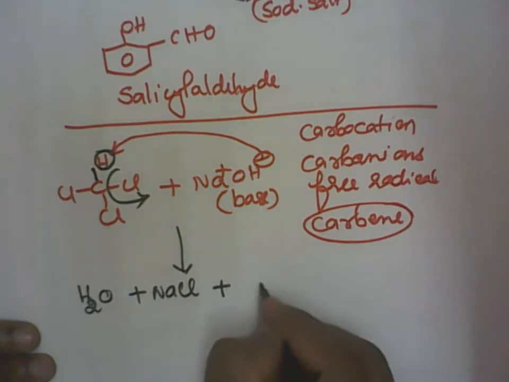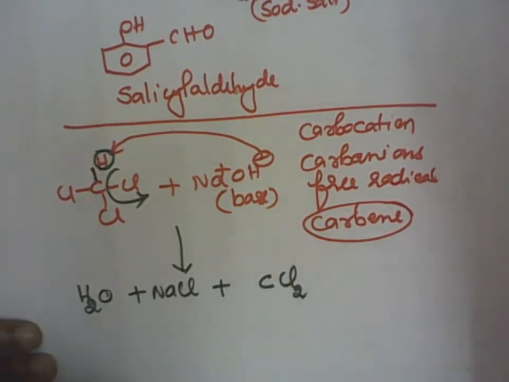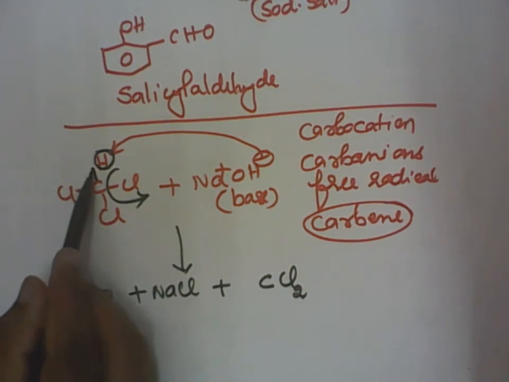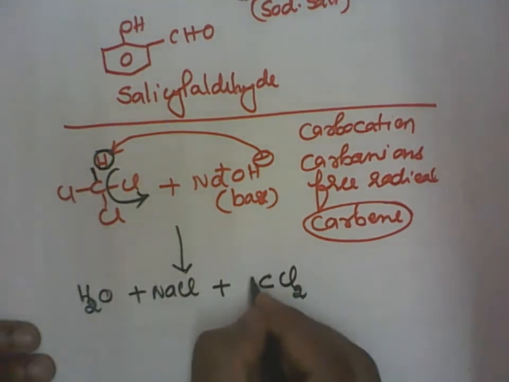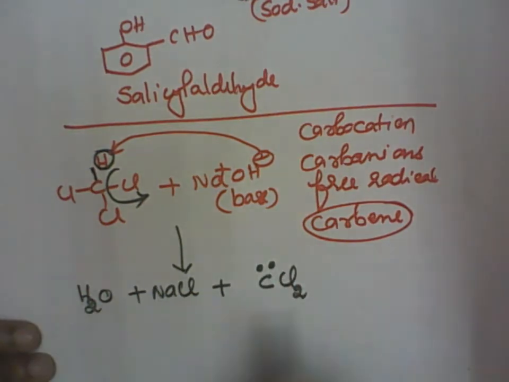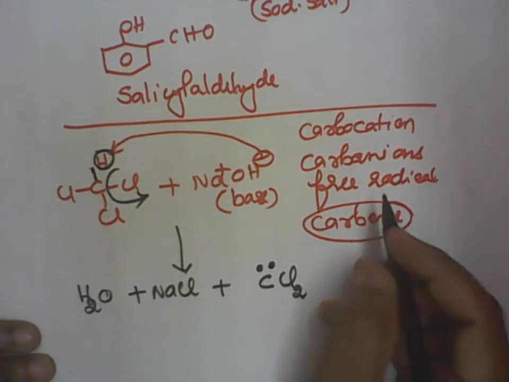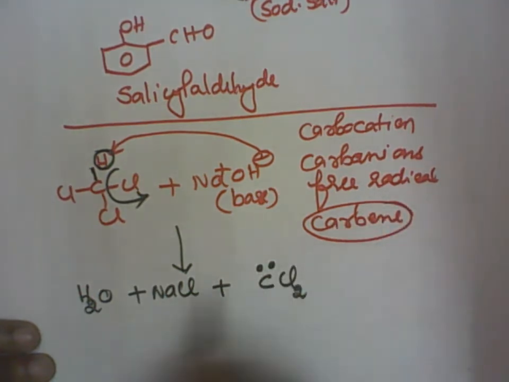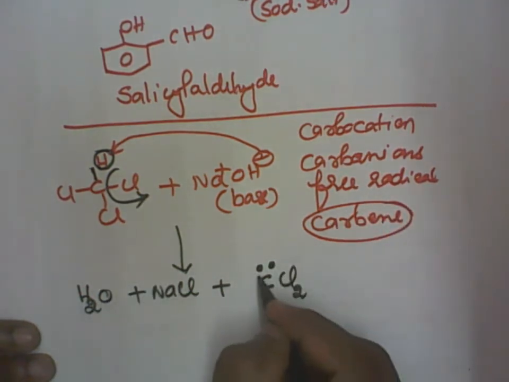And what is remaining? CCl2 is remaining. Now, there is one bond here. This bond has how many electrons? So 2 electrons. We'll be writing like free radicals, writing 2 dots, meaning 2 electrons are there. If I write a single dot, it is a free radical. If I write 2 dots together, without having the 4 bonds around the carbon atom or 3 bonds.